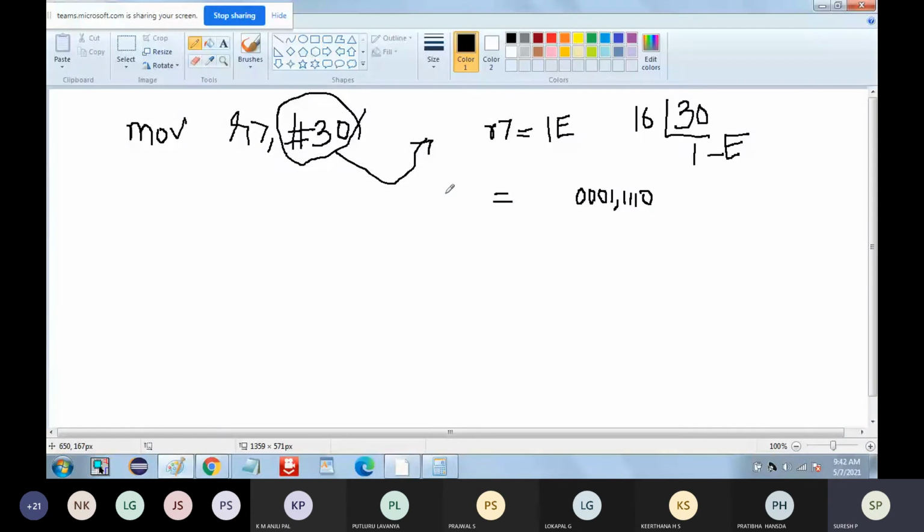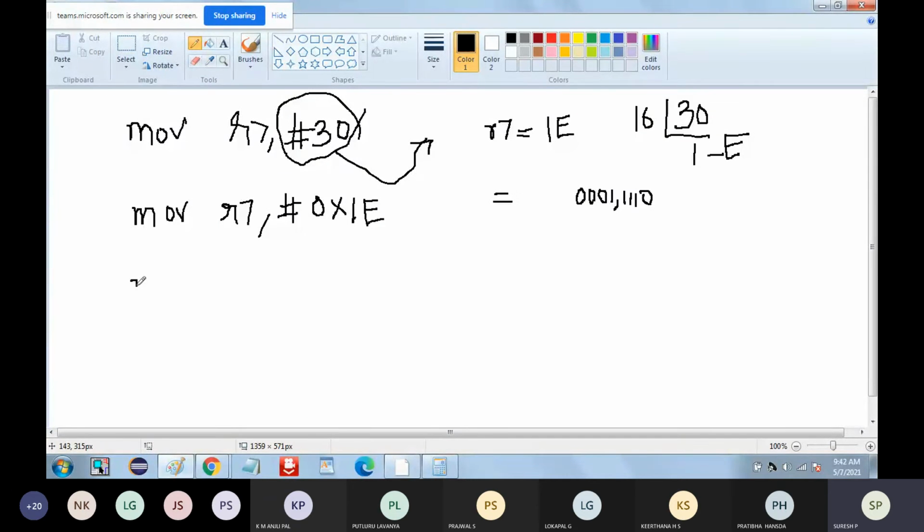So now move R7, hash 30, or move R7, hash 0x1e,